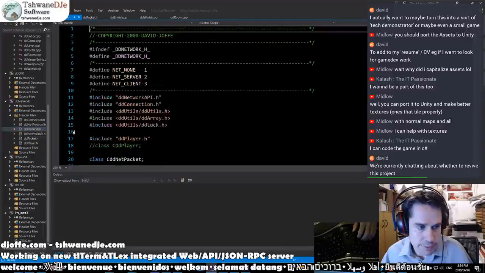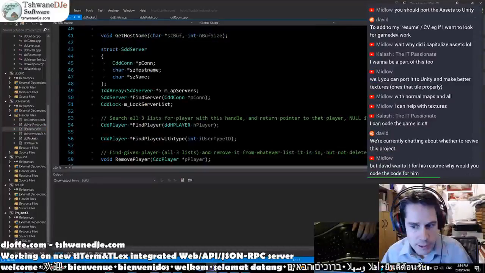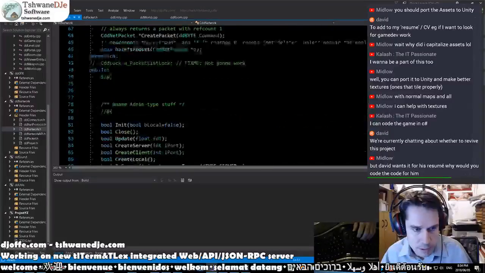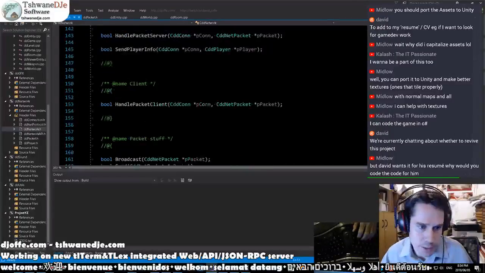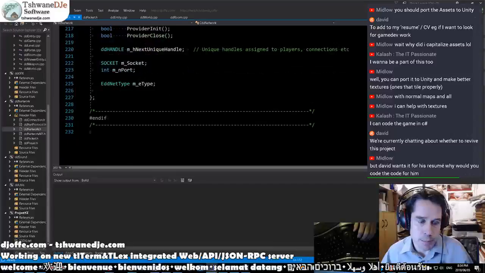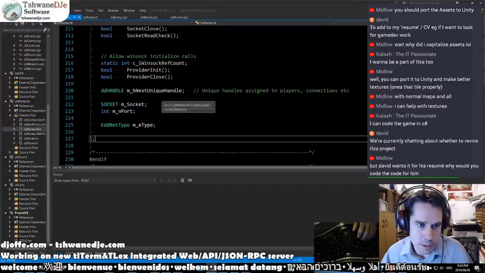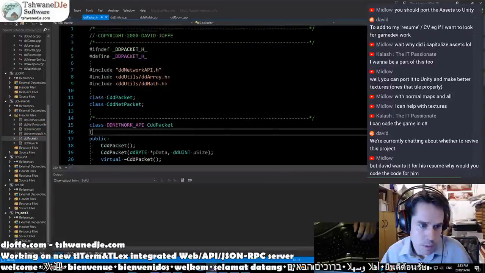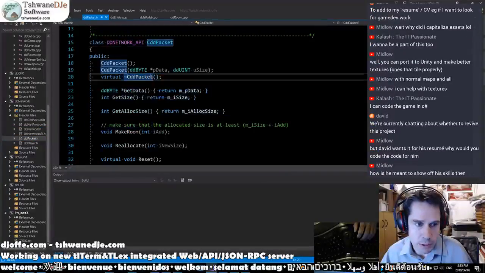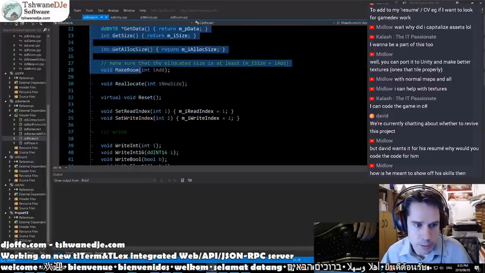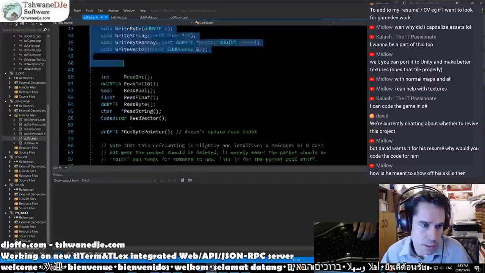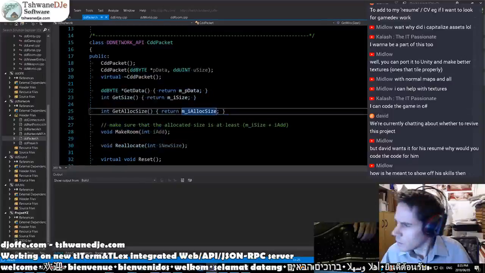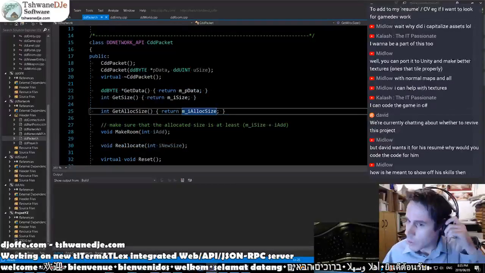So the network stuff, it's pretty much sockets. It won't support IPv6 yet. It will be IPv4 only, because IPv6 wasn't really a thing then. But it shouldn't be too hard to adapt to support IPv6. It's basically straight sockets, and some abstractions for this is my part of the code, some helpers for